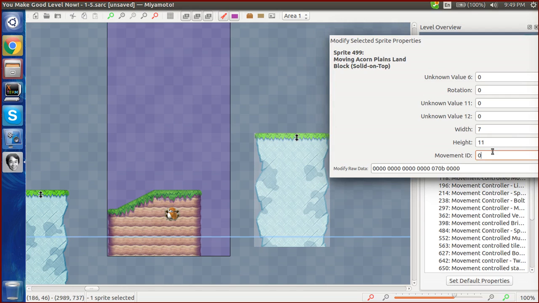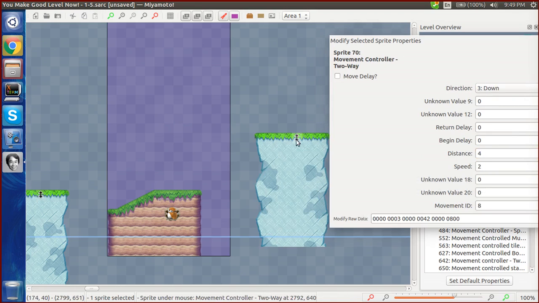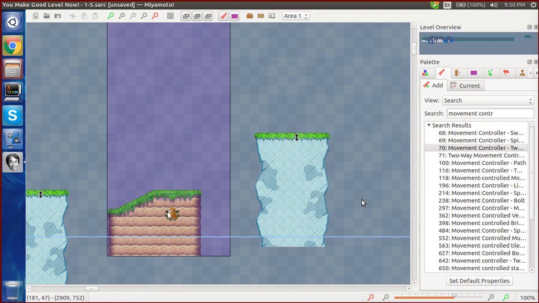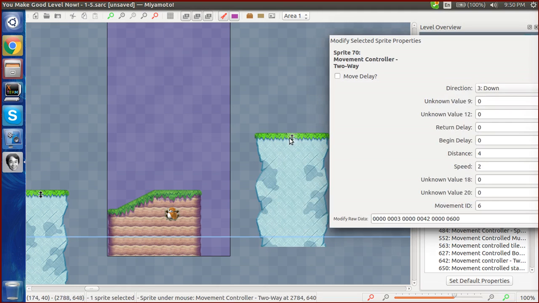Why I'm setting it to 8 is because I do not know what the other movement ID... No, that's a bad way of doing it. That's movement ID 5. So that way we use 6, the next one up. And I recommend you keep a similar method and try not to mix stuff up. So once you have movement ID set,